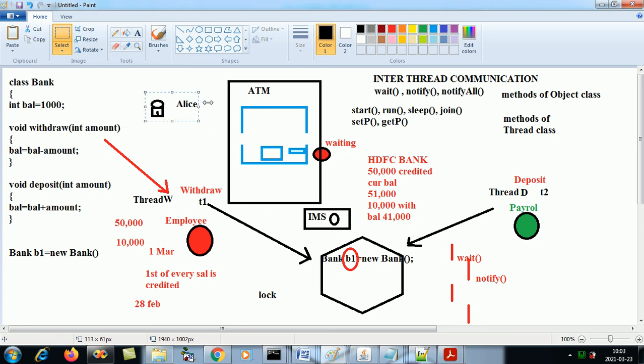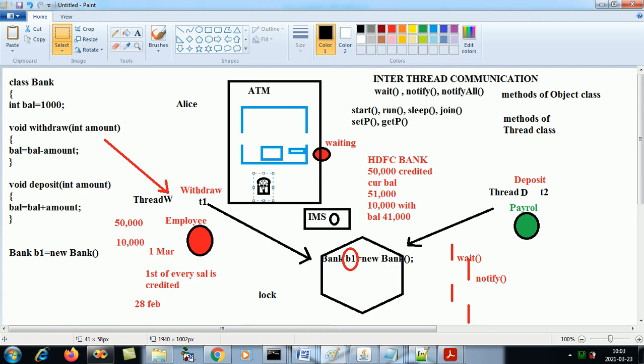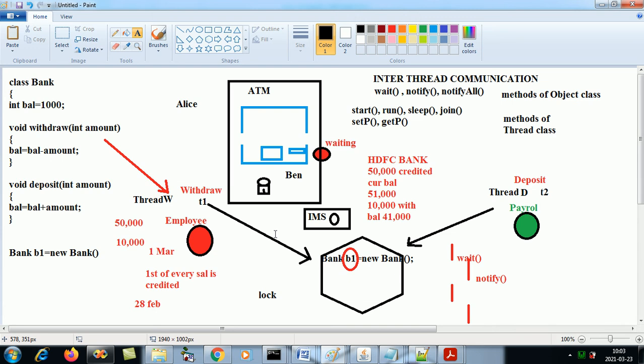If some other person wants to come in, let's say Ben, Ben has to first come and lock, and then Ben can use. Is this concept clear? So whichever object is accessing has to first lock it, do the work, and then unlock it. So when Alice was waiting for the IMS person, did she have the lock or did she release the lock? She had to release the lock.